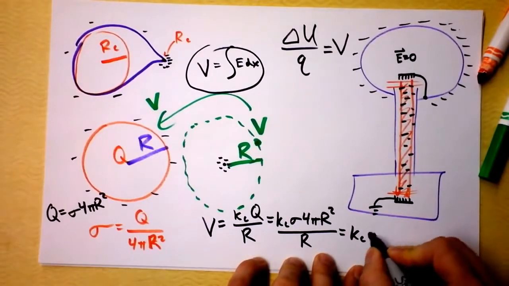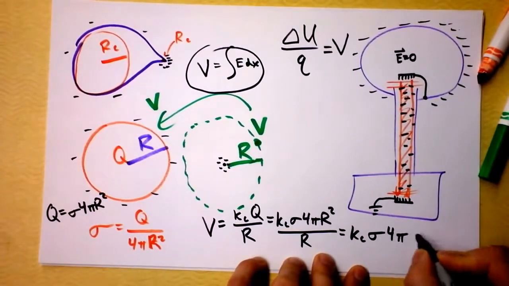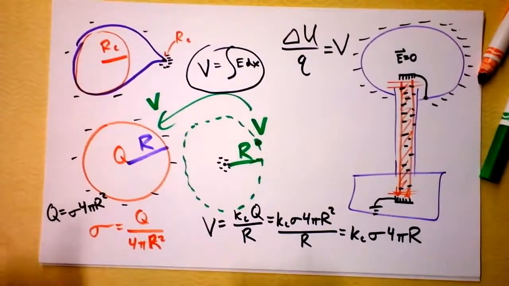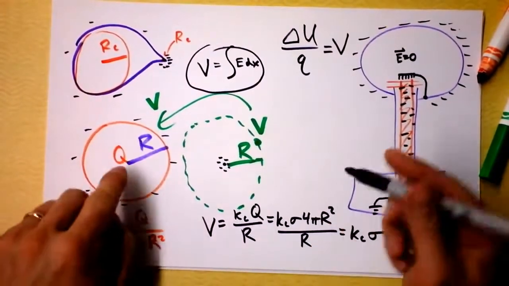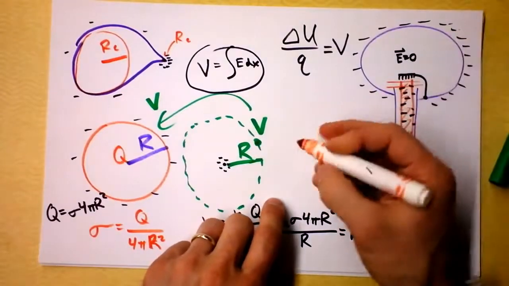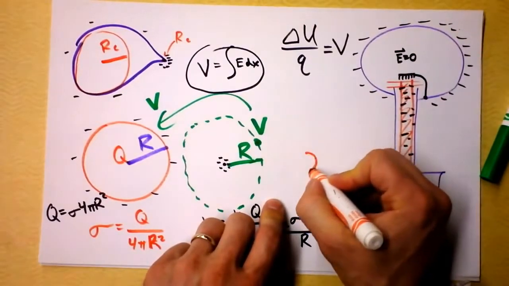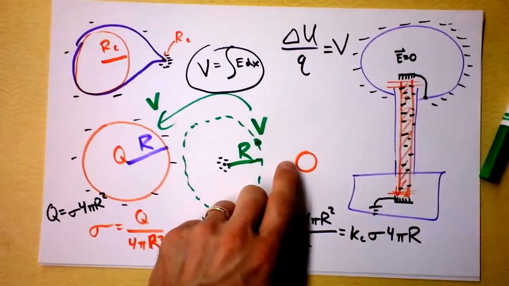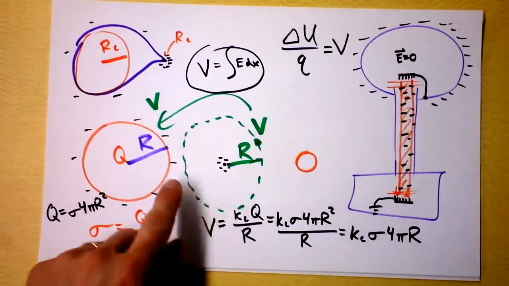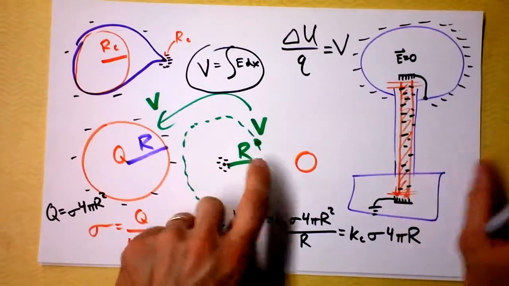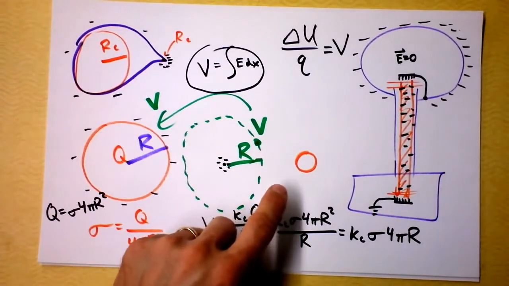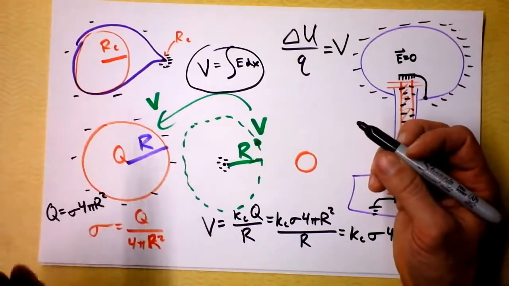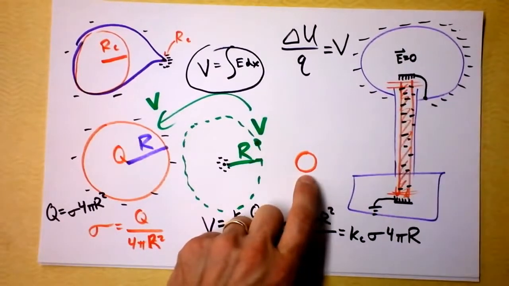We get Kc times sigma times 4 times pi times the radius of the sphere. Now, the beautiful thing about this is I can propose a similar but smaller sphere. And what I need you to know about this similar but smaller sphere, you probably already see it because of this argument right here, is that the potential of this sphere can only be the same as the potential of that sphere if the charges on this sphere